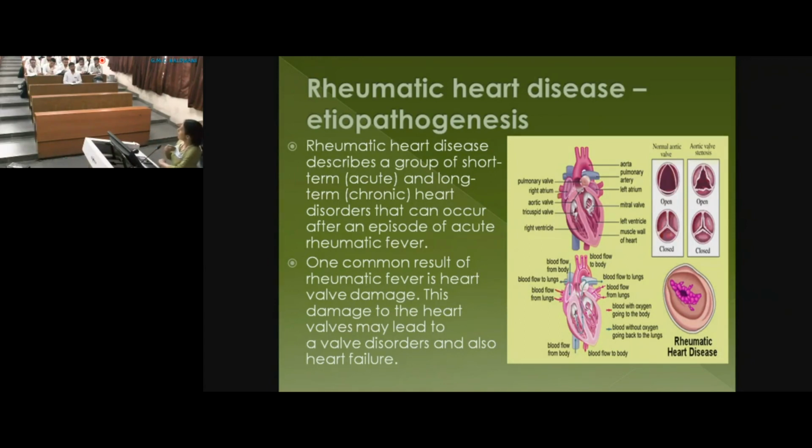If the child has skin lesions like erythema marginatum or subcutaneous nodules, everything will recover completely except for the heart valves. The heart involvement is also a kind of pancarditis. It involves all the three layers: the pericardium, myocardium and endocardium. So what we see is that the peri and myocardial involvement will also recover. The joint involvement will also recover. It's only the endocardial involvement which causes problems. And that persists. And that is a very important cause of morbidity and mortality in children. I mean, they become adults, so the manifestations occur in adults. Right? So what we are worried about is the involvement of the valves, right?